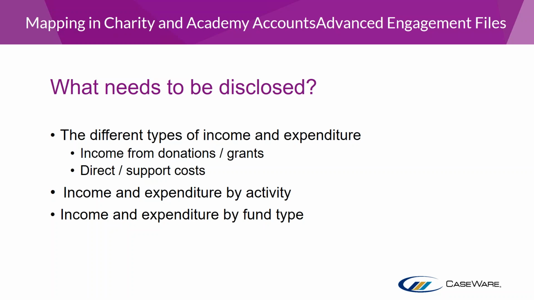As well as that, if your charity or academy has multiple activities, you might need to provide an income and expenditure analysis by activity, and also, as we saw in the PDF early on, you might also need to provide an analysis of income and expenditure by fund type. So there's quite a complex range of disclosures. To show what I mean, again, I'm just going to quickly go back to my PDF. We did see a couple of examples earlier on, but if I go back to my PDF,